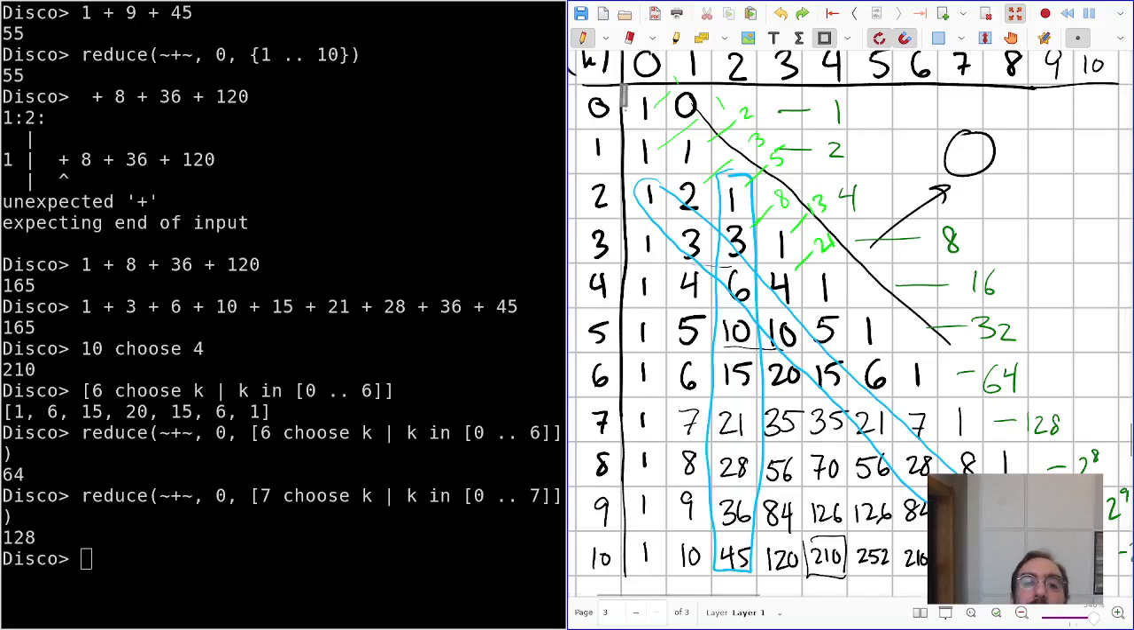But if you highlight all the odd numbers, you start to see a very nice pattern. Of course, 1 is always odd. 4, 6, 4, those are all